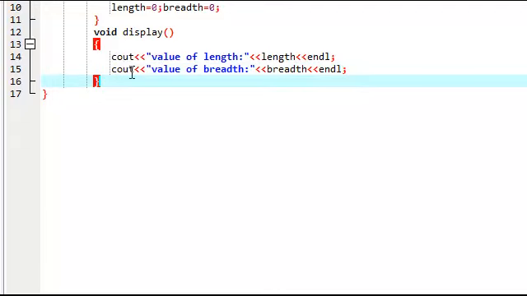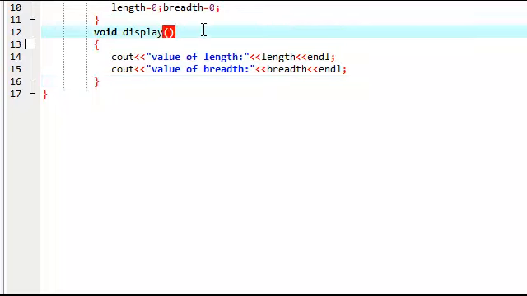Here the output function definition is completed. So this is the output function.